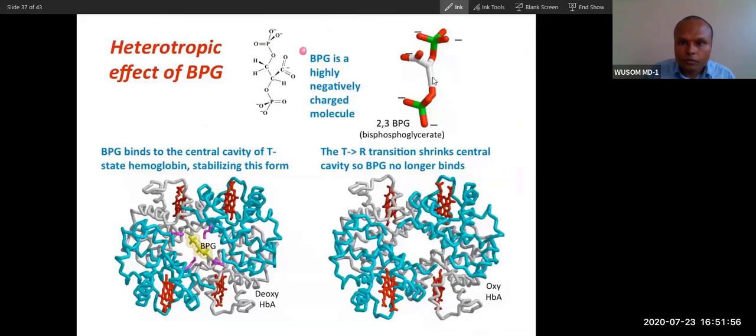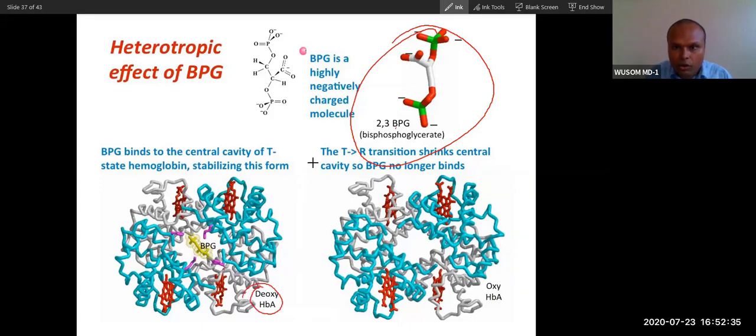Here in this BPG, bisphosphoglycerate, BPG will stabilize this T form. So BPG is a squeezer. Remember, a squeezer. It will cause a shift to the right. Right is a squeezer. The right is tight. So it will make this hemoglobin tight. So you can see BPG will fit into the cleft that is formed in deoxygenated hemoglobin. Deoxygenated hemoglobin will have a cleft that is exactly equal to this BPG.